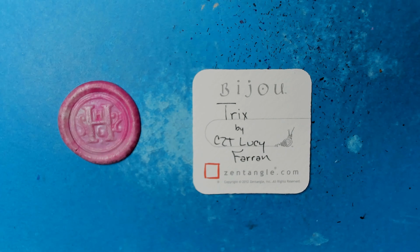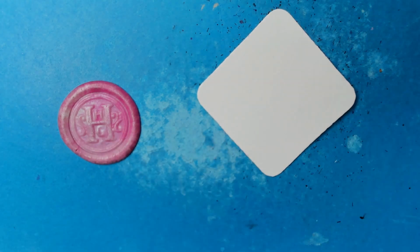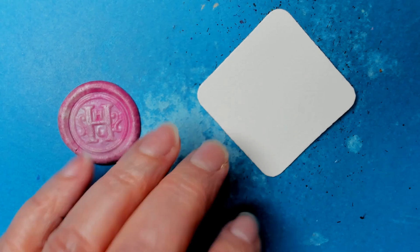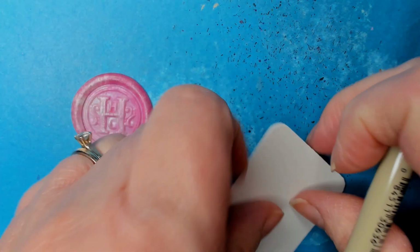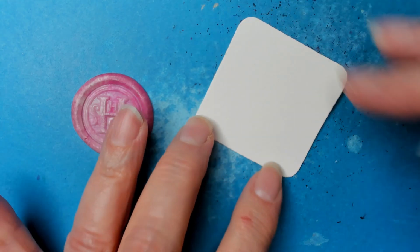I'm a certified Zentangle teacher, and today we're going to take a look at the tangle Trix from CZT Lucy Farran. Now, this one might seem familiar because it is similar to the Zentangle original tangle, but it has enough differences. All right, so we start off. And if you're not familiar, then you don't need to worry about it. It starts off,